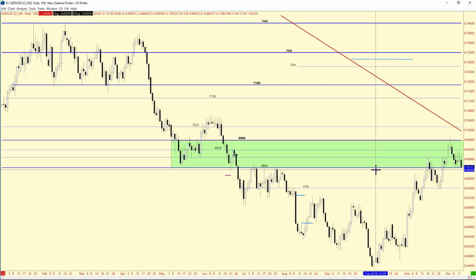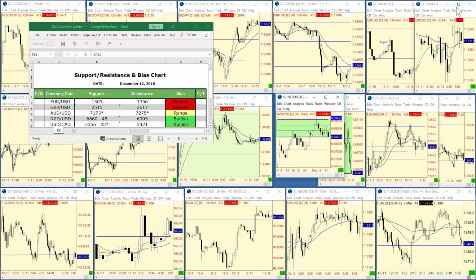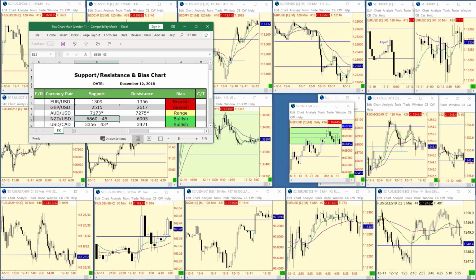Really right there, that daily's at 68.36. We can call it 68.35 right there. So it's actually 68.35. It'll be important if we lose that on the daily. Let's mark that off here. I had that at 45, it's actually 35. Same thing, I want to keep this 45. We want to still retain that here. Then we want to see if they can test below that. And there's our 35.